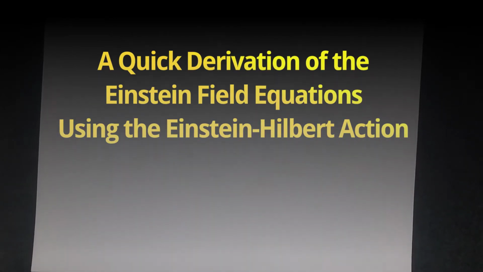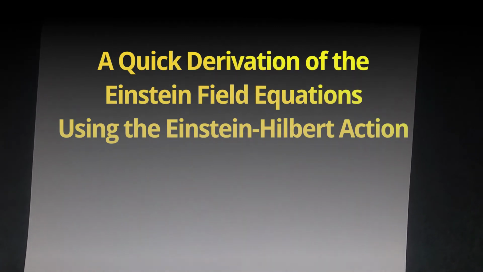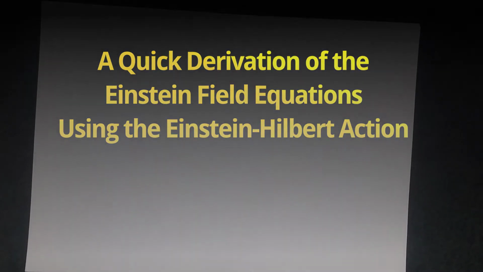Today we will give a quick derivation of the Einstein field equations. Our starting point will be to look for a torsion-free metric theory of gravity which reduces to Newtonian theory in the weak field slow motion limit. We will be guided by mathematical simplicity and elegance. Let g_AB be